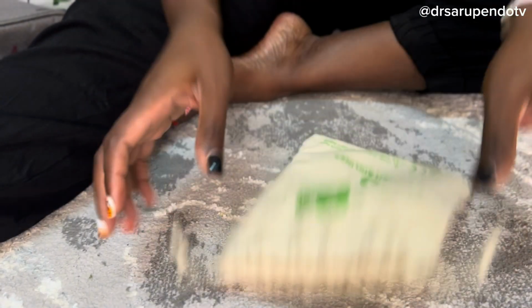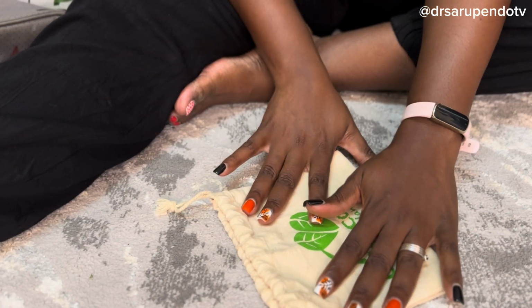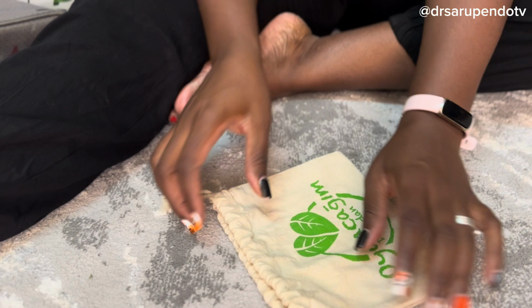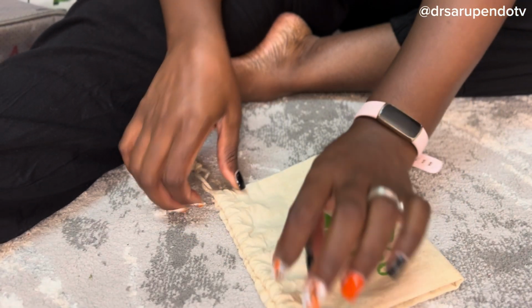So I have this nice bag. I think it's made of cotton or something, but it feels very nice. The material feels nice. I have several of these bags, in which I also keep my own toiletries